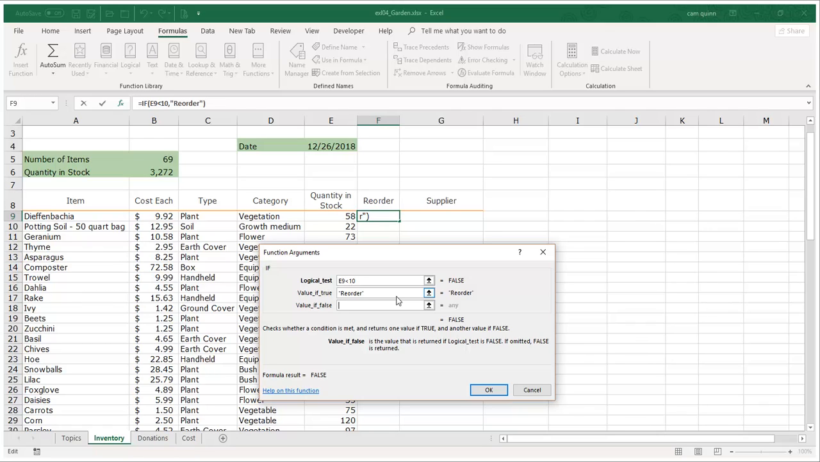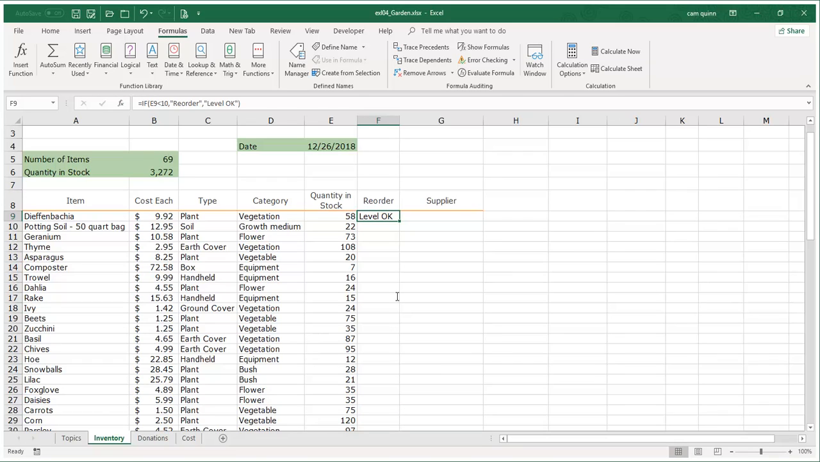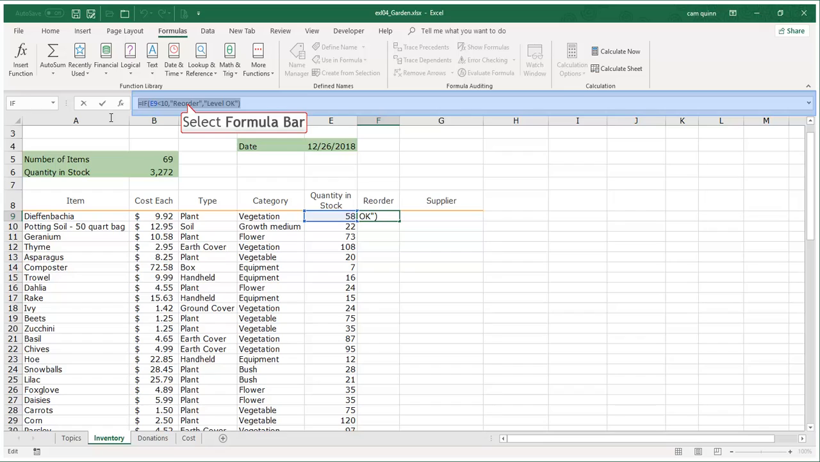And if E9 is not less than 10, and otherwise 10 or greater, I want to put in the words level OK. All right, so that is my if statement. So let me just kind of review that. So here it is up here. If E9 is less than 10, reorder, level OK. So reorder is value if true, and level OK is value if